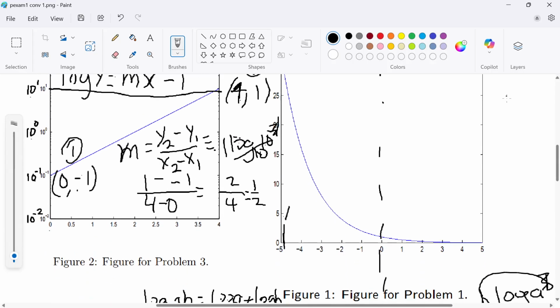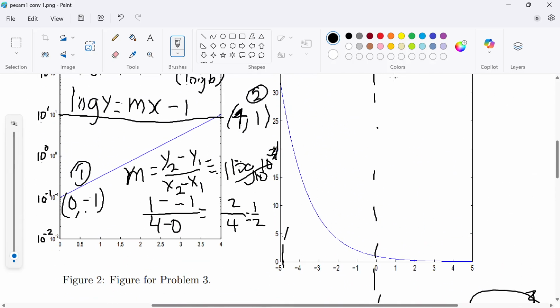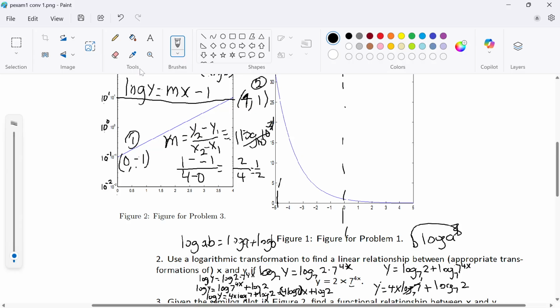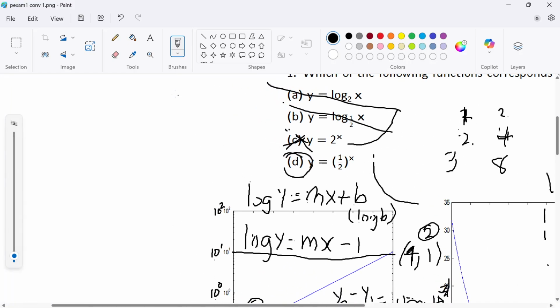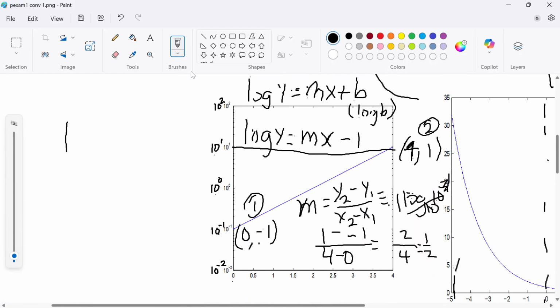All right, so now I know my m is 1/2. Let me get some more room over here, to the right of this thing. So I know my slope is 1/2, so now I know my equation is log of y equals 1/2